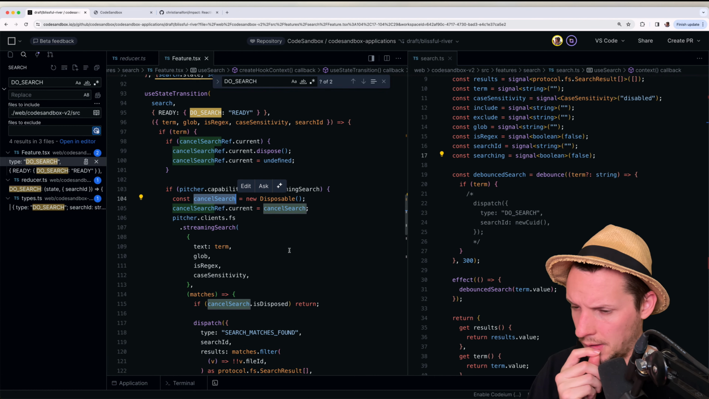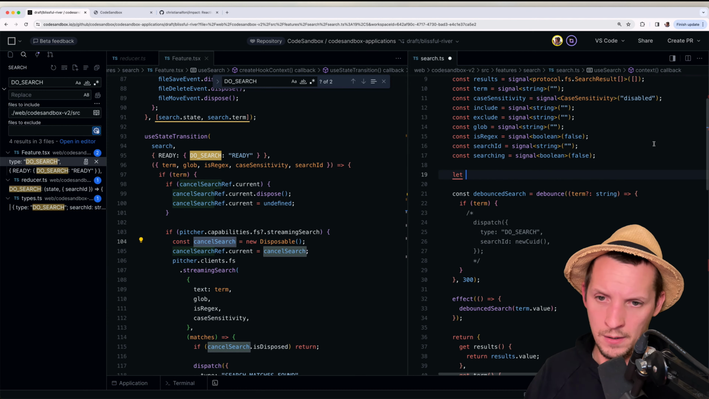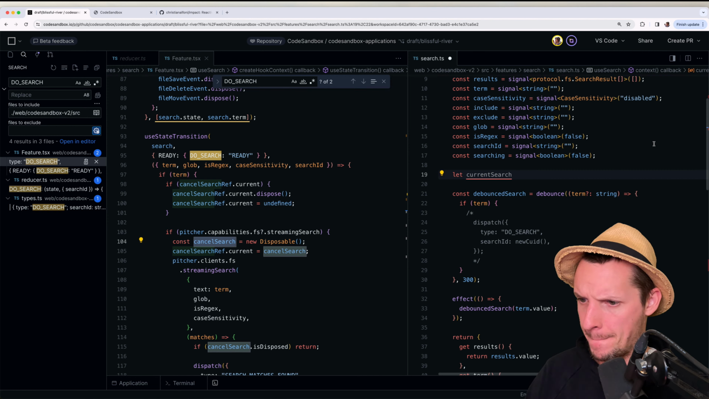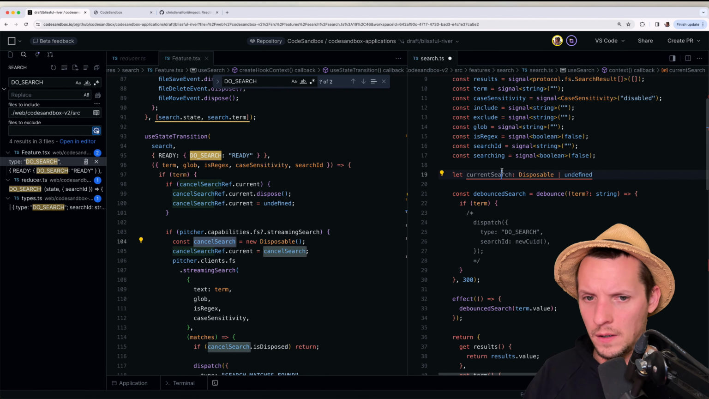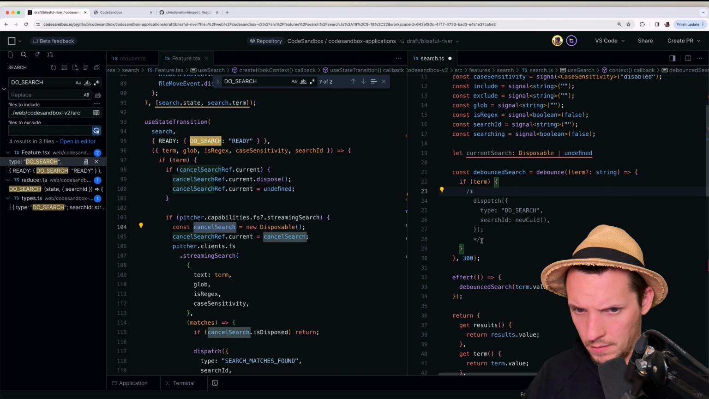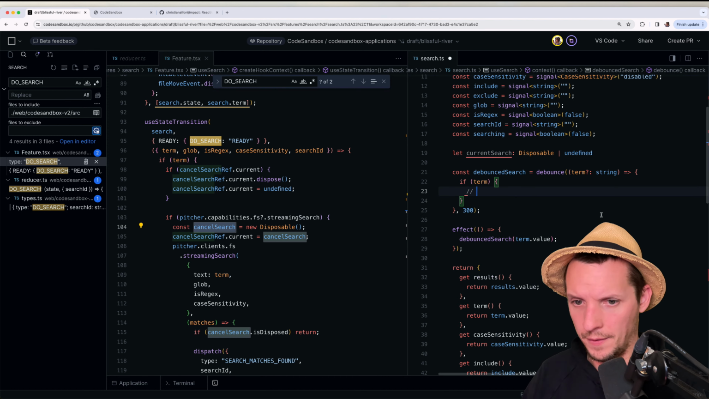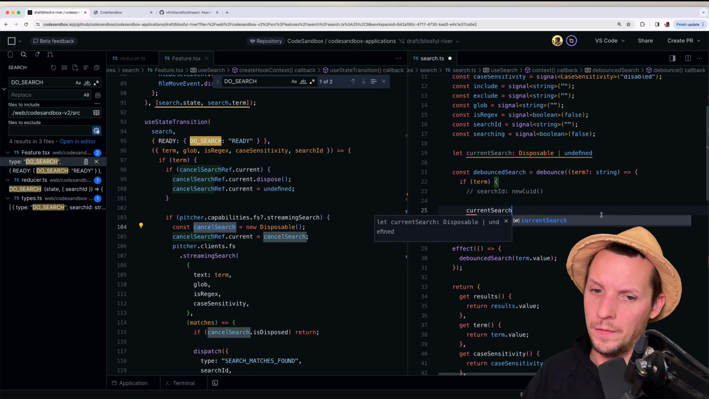And it sets that, yeah, exactly. Okay, but I think that makes sense. So we would have current search. Yeah, that will be a disposable, or it can be undefined. And what we would do here is, I'm not sure what that search ID is for. Let's keep it around. So if we have a term, we are first going to look for, if we have